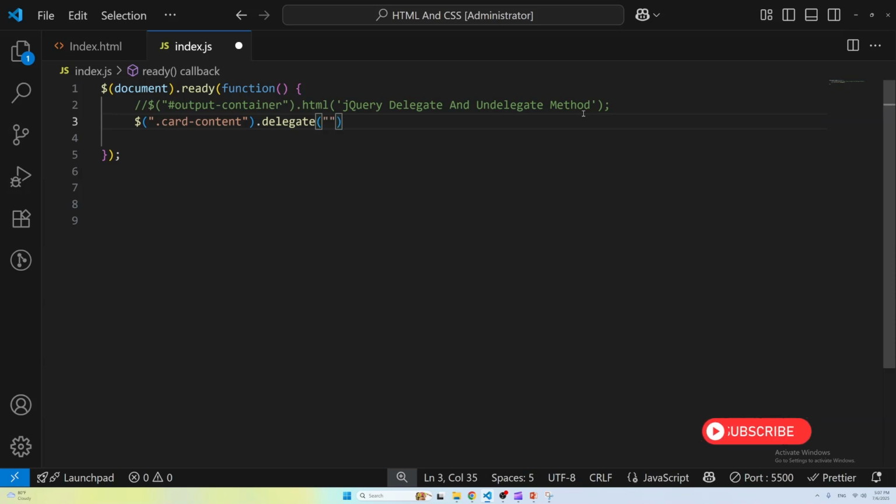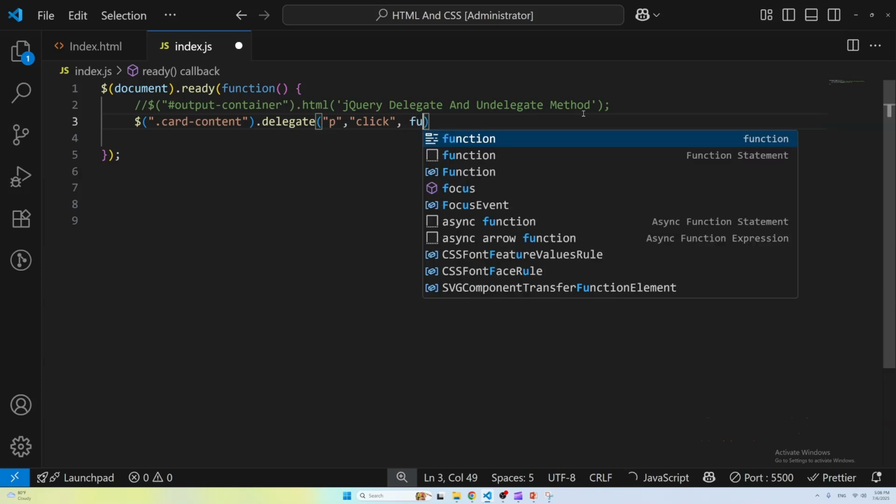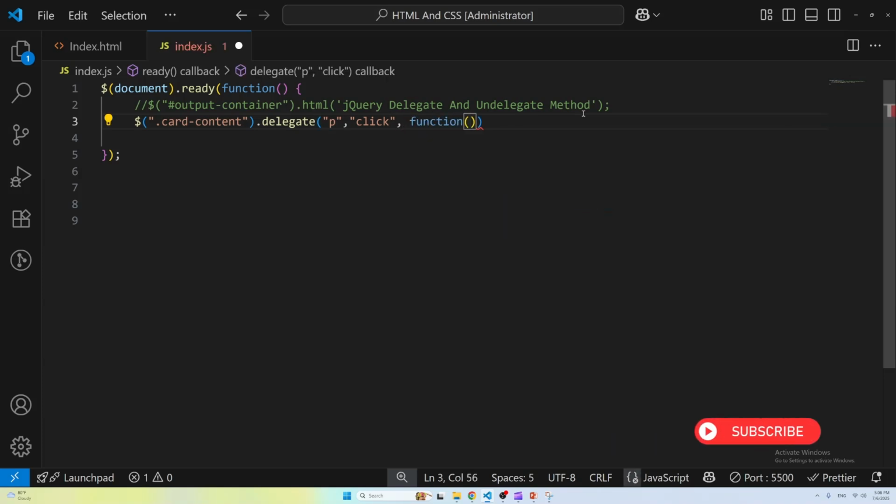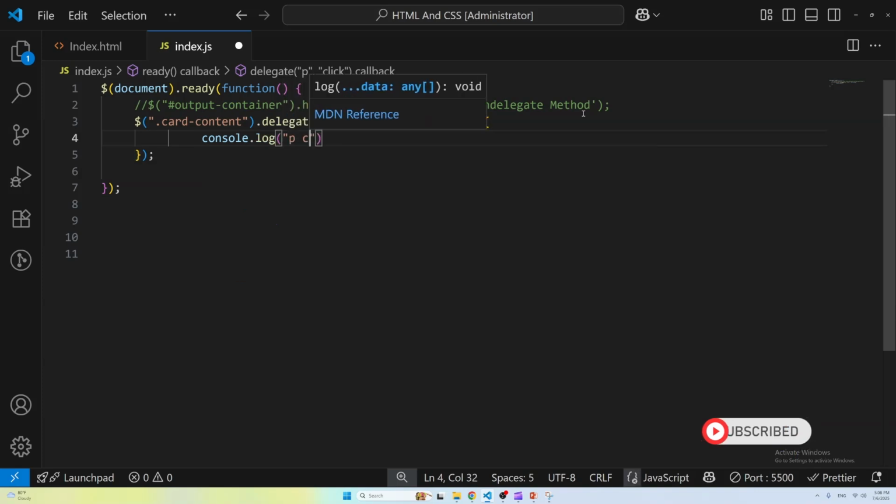This is the delegate method, which has some parameters. The first parameter is a child selector. So here we have a p tag, which is the child selector, and the second parameter is the event itself. So we need to give the event name, and the third parameter is the callback function. So now if I console log something over here, something like p clicked,